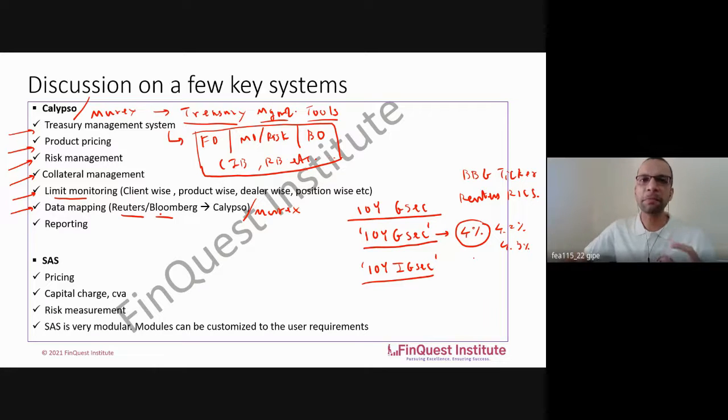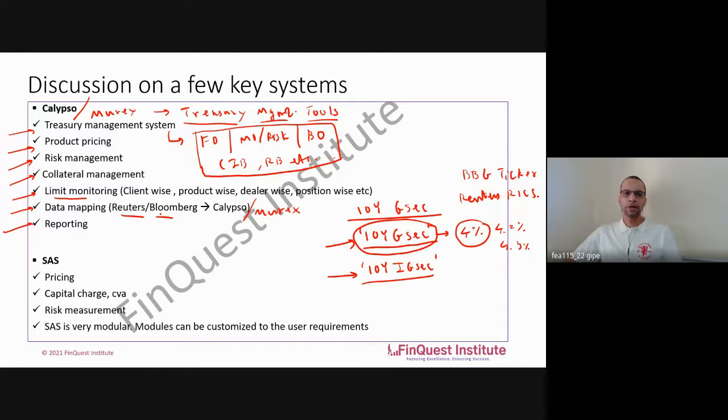Your data mapping has to be correct, because if it is incorrect and you continue to refer to 10-year GSEC only, then you will refer to historical data, because this ticker is never going to get updated now. All of the updates will happen on 10-year IGSEC because Bloomberg has switched the ticker. So having a proper data mapping is important to ensure that you're using relevant and fresh data and not stale data. This is what we call data mapping, important both from a modeling and validations perspective.